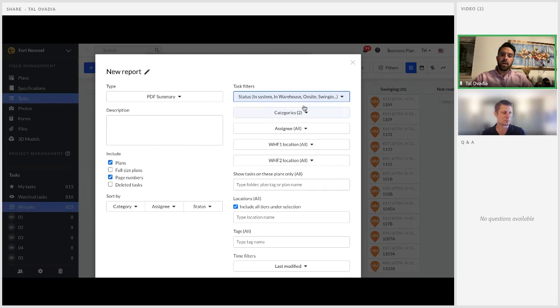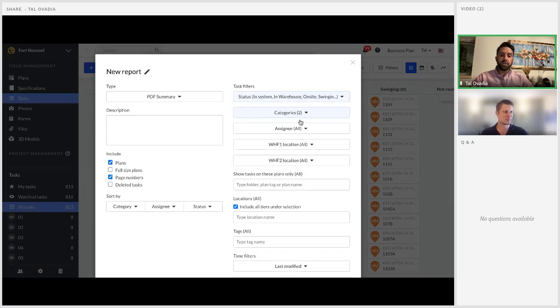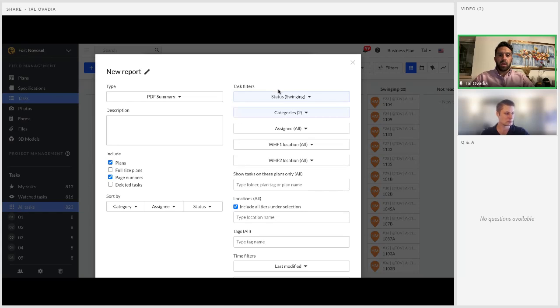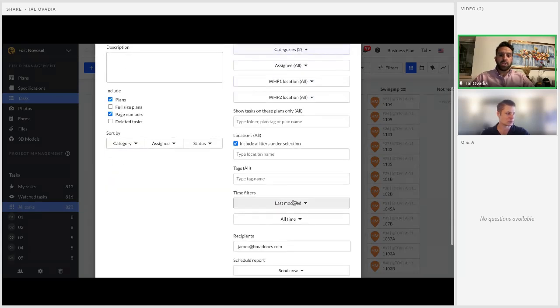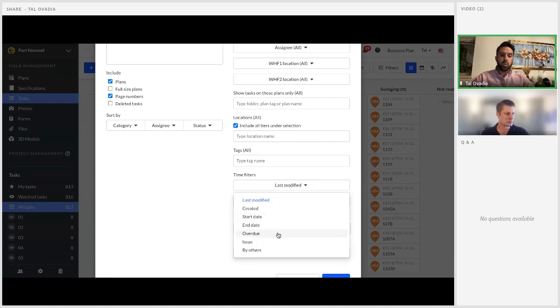The filters in Fieldwire are actually one of my favorite things. They do a great job of creating filters on as many data points as possible through the tasks, so that we can really narrow down what we want to look at. For example, if we only wanted to look at doors that are swinging, we could create a report for doors that are swinging, and make sure we're only looking at doors that were swung in the last week.